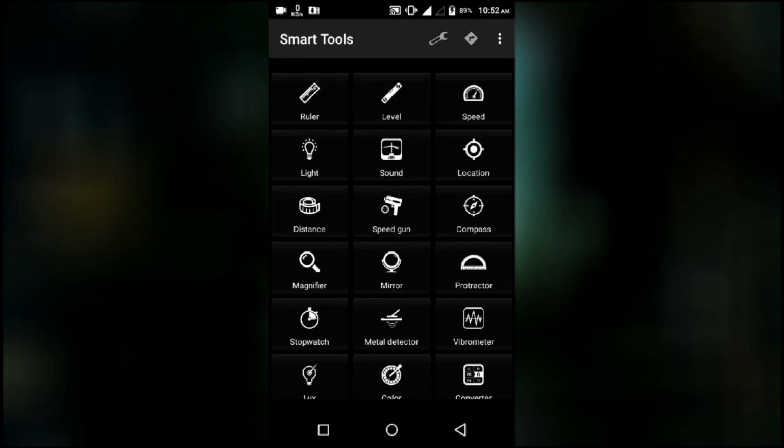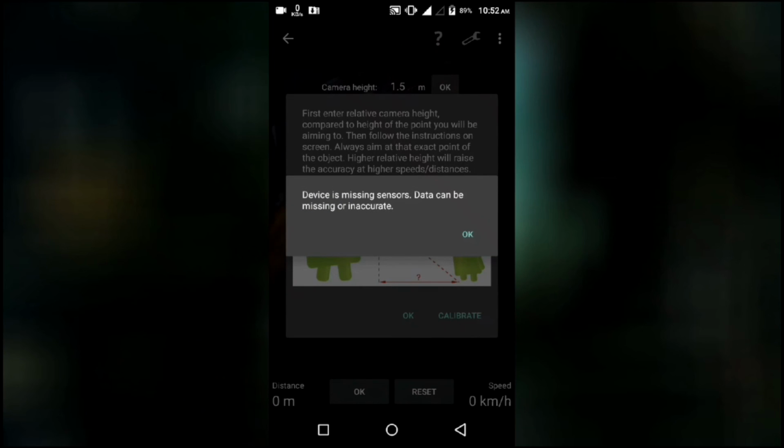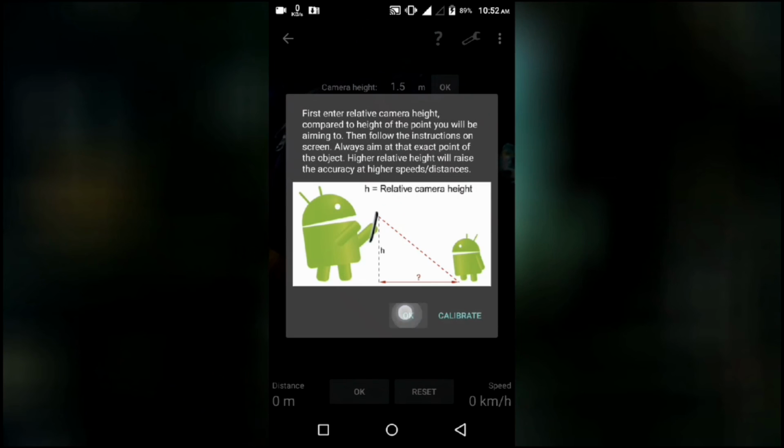The other tool here is a speed gun. It's just like the distance tool, but you can use this tool and point towards a moving object using the camera, and then it will